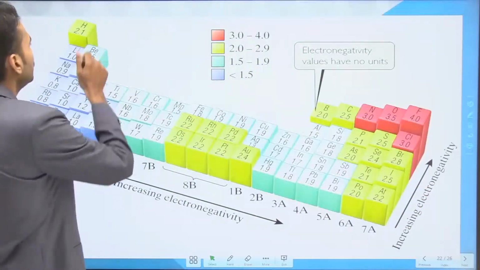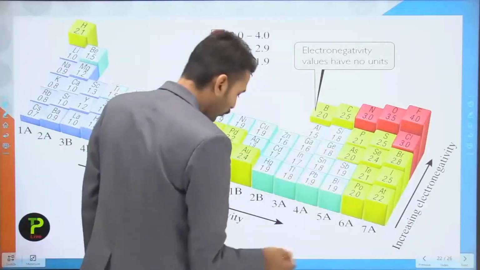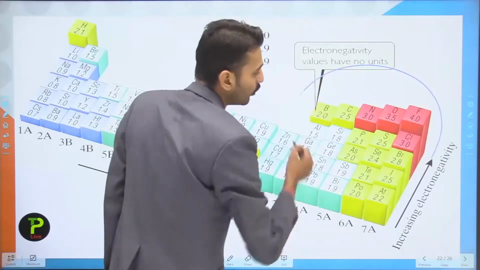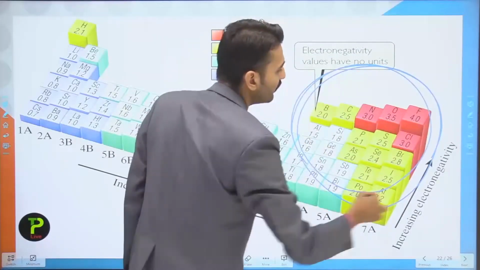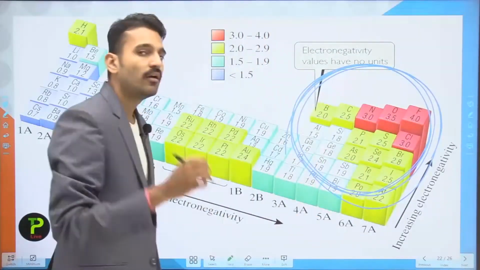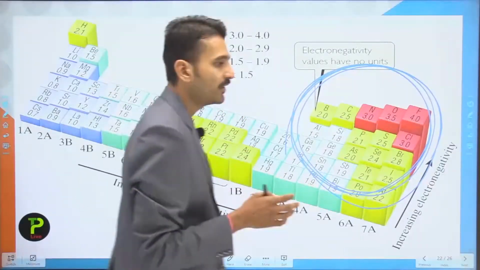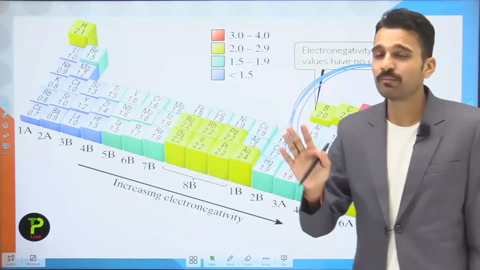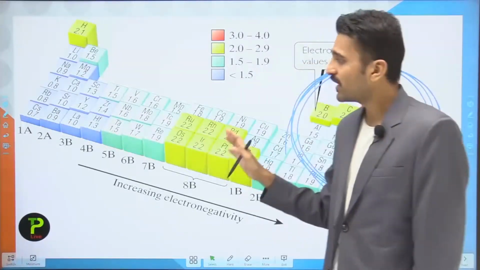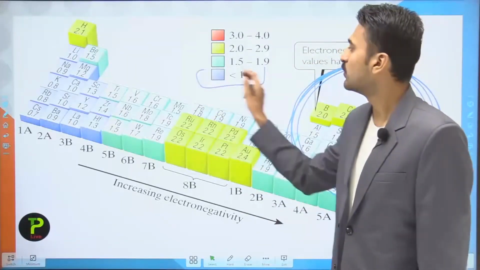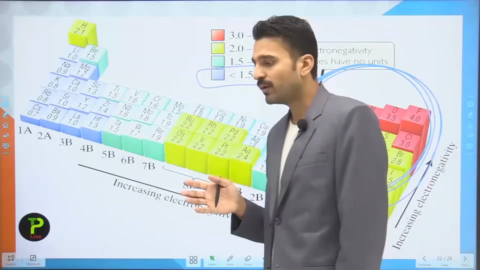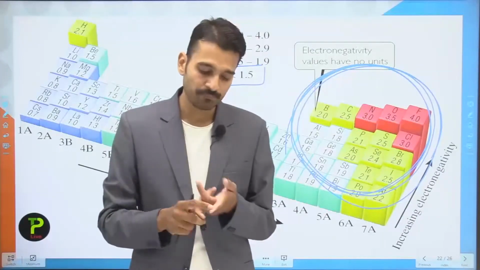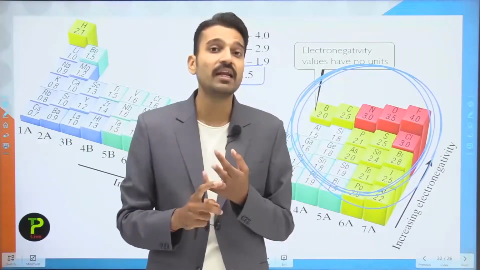You can clearly see that hydrogen is here, and the whole range of electronegativity values is used for the non-metals. In the case of metals, they do not attract electrons, they simply want to lose electrons, so they have very low values. So I hope, students, you get a better idea about ionization energy, electron gain enthalpy and